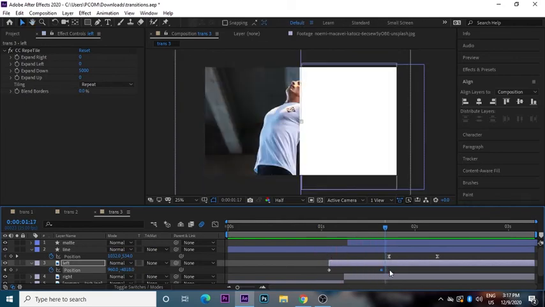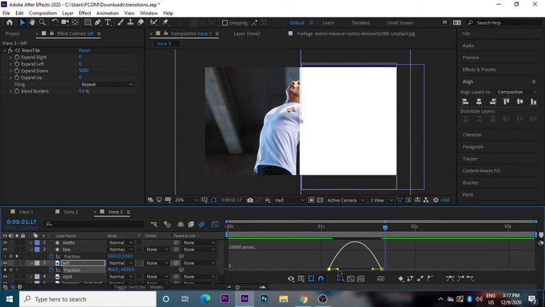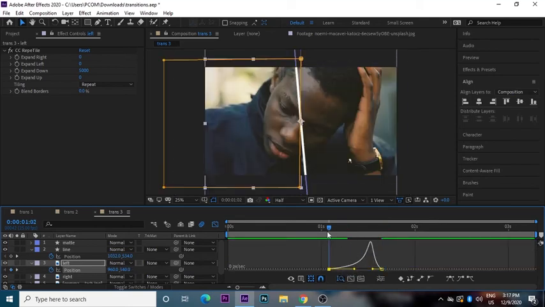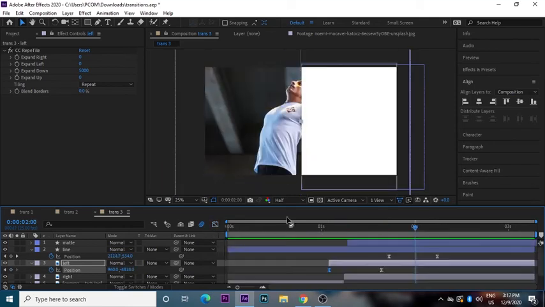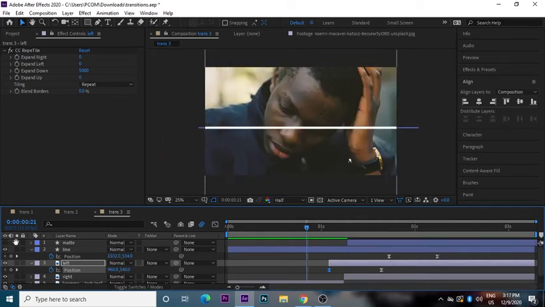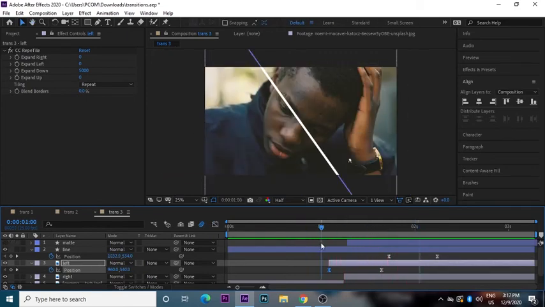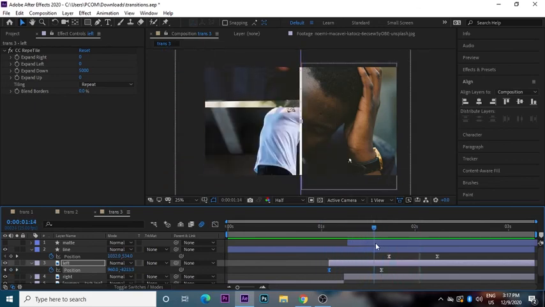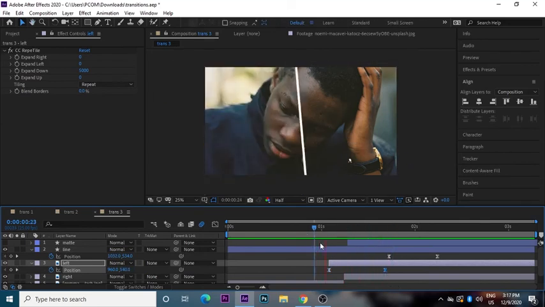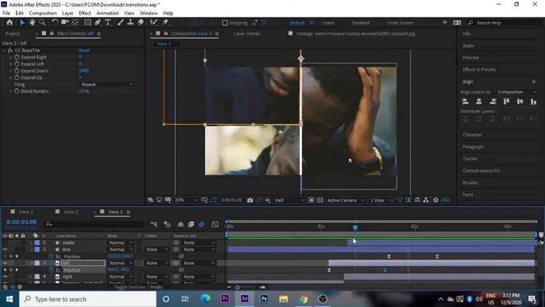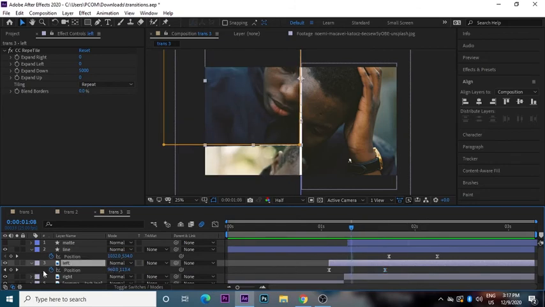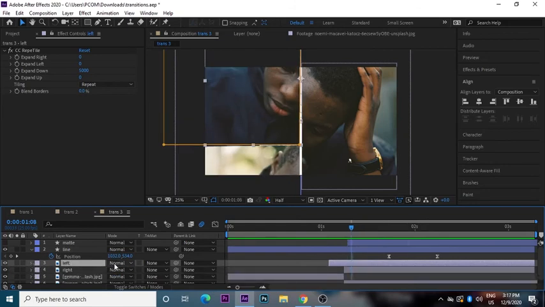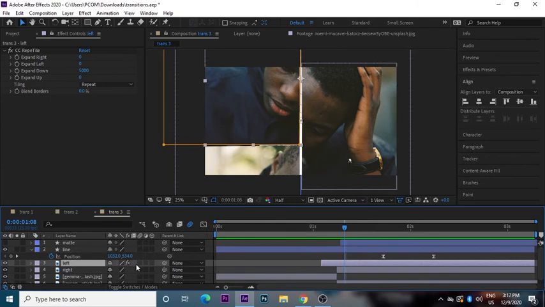Select the keyframes, press F9 to easy ease, go to the graph editor and make the curve graph something like this. Something like this. Now just add a motion blur in here, press F4 and add a motion blur. Now we have something like this,